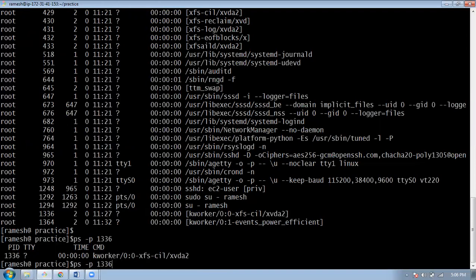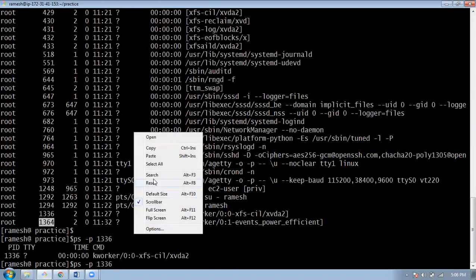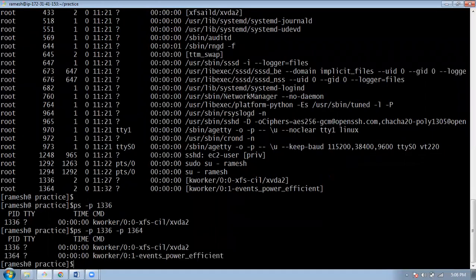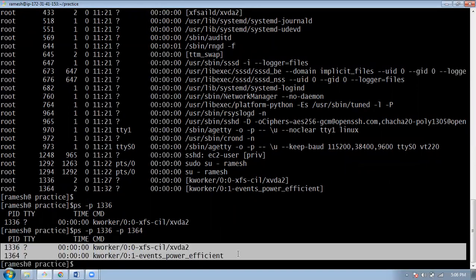Suppose if you have more than one PID, let me try. So like this, you can try with one more option. Two PIDs, you can see it. Suppose if you know the process name, you have to use the grep command and then try it.